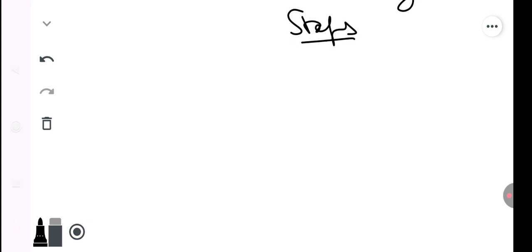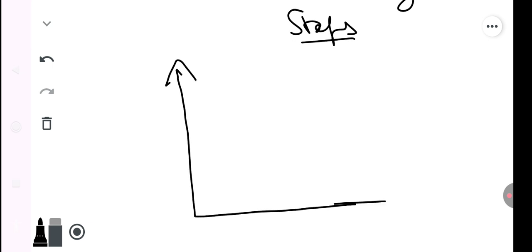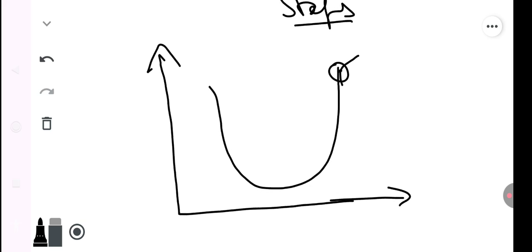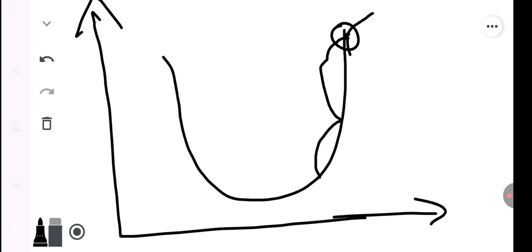So if I make a graph again, suppose I'm here. Let's suppose we take a mix. How will we take a mix? Suppose first I'm taking very large steps. I'm going here, then here. If I zoom in, at this point,